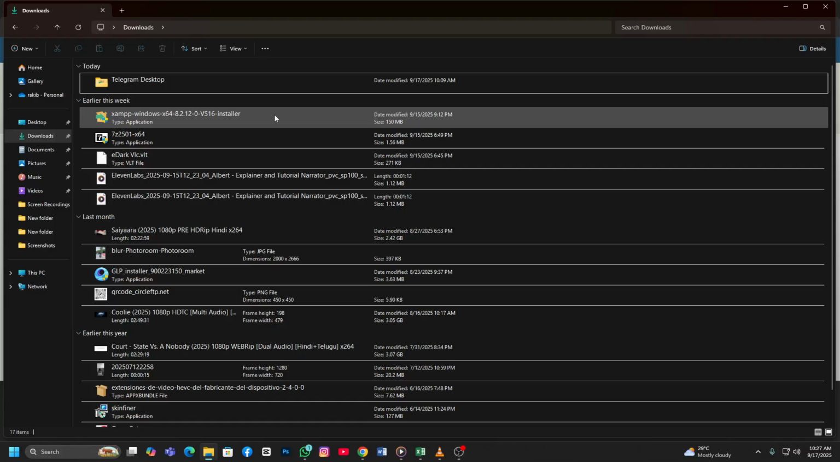Your local web server is now ready, and that's it. You've successfully installed Xampp on Windows 10. Now you're ready to build and